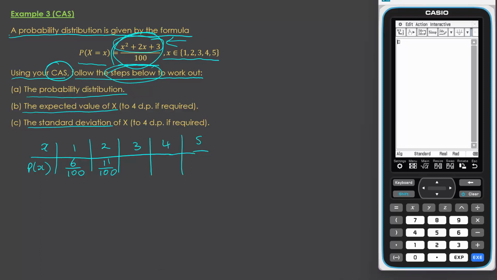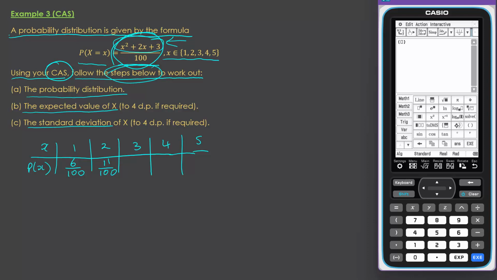Now I'm on main. One of the things we can do here is store variables. It's a good idea to clear all variables regularly, just to make sure that you aren't going around with your calculator with variables stuffed with all different values. There's lots of different things you can store, and one of them is a set of values. So if we use the curly brackets, which we know we use for sets, and put in 1, 2, 3, 4, 5, which is the domain for our probability distribution,